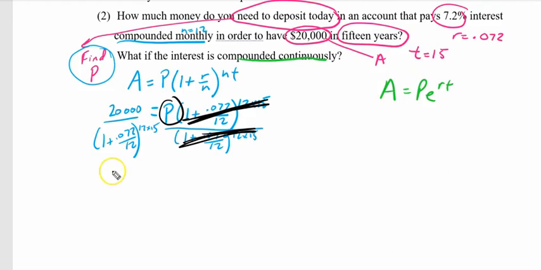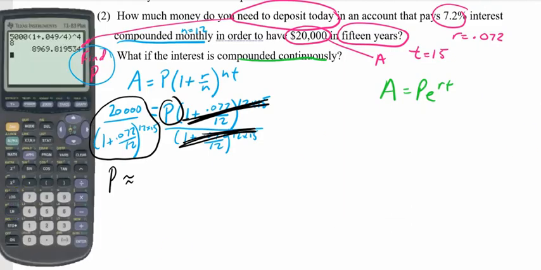And I'm going to put this into my calculator all in one go. Okay, so let's get our calculator back on the screen. Okay. So let's clear that. And so I'm going to have 20,000 divided by, in parentheses, 1 plus 0.072 divided by 12,